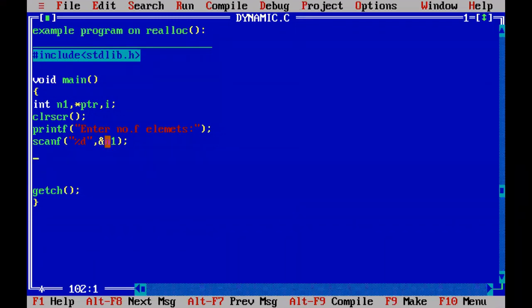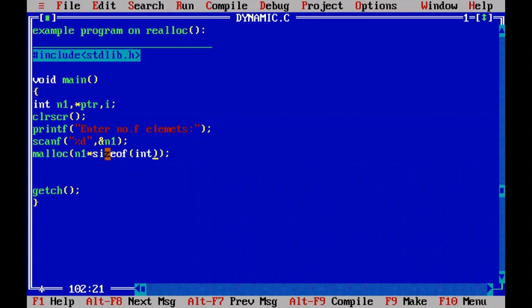So for 5 elements, we allocate the memory dynamically by using the malloc function. Inside this, we write n1, the number of elements, and each element will take 2 bytes because it is an integer. So how do we know how many bytes an integer takes? Use the sizeof operator. Inside that, write integer.